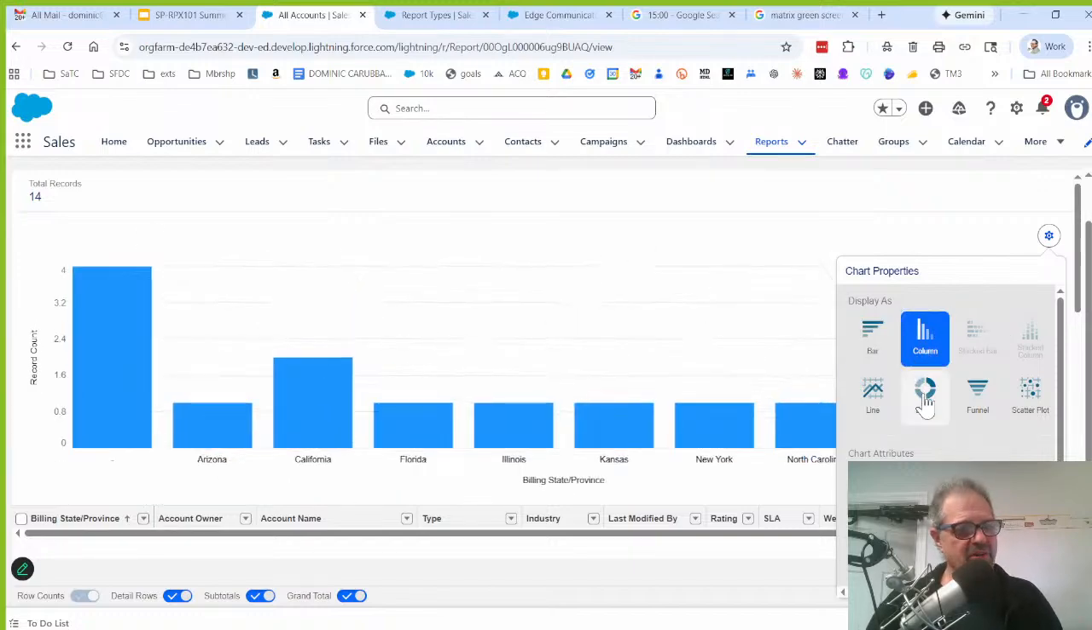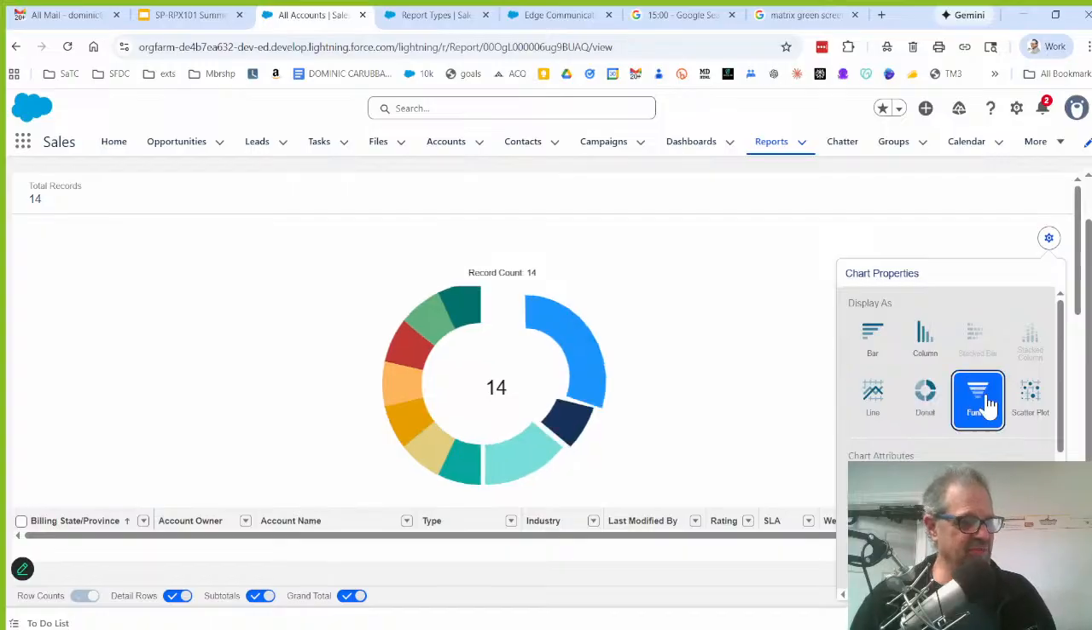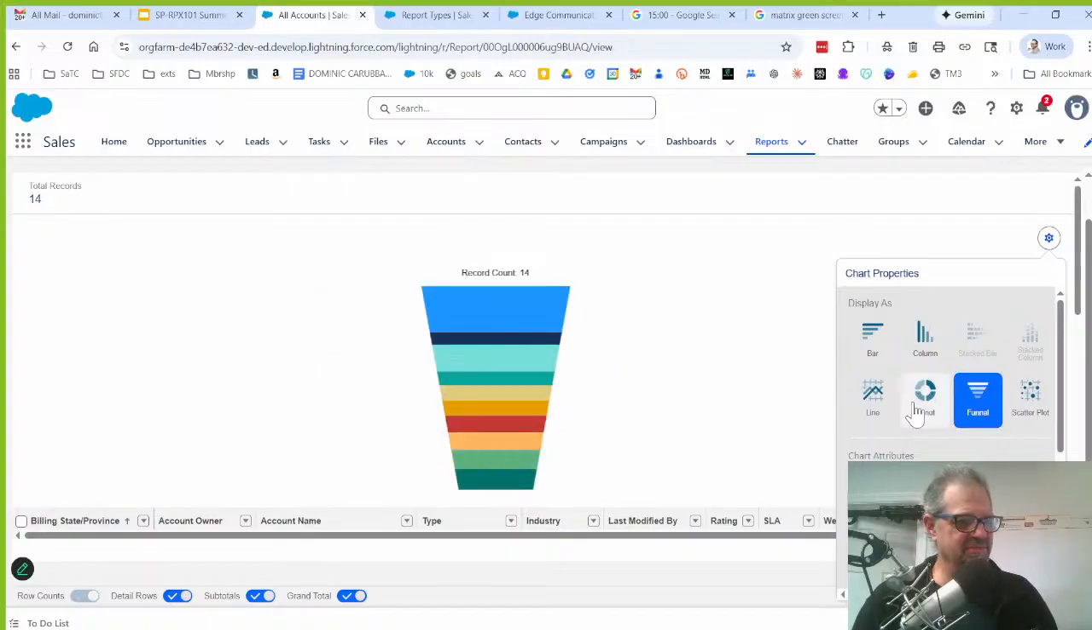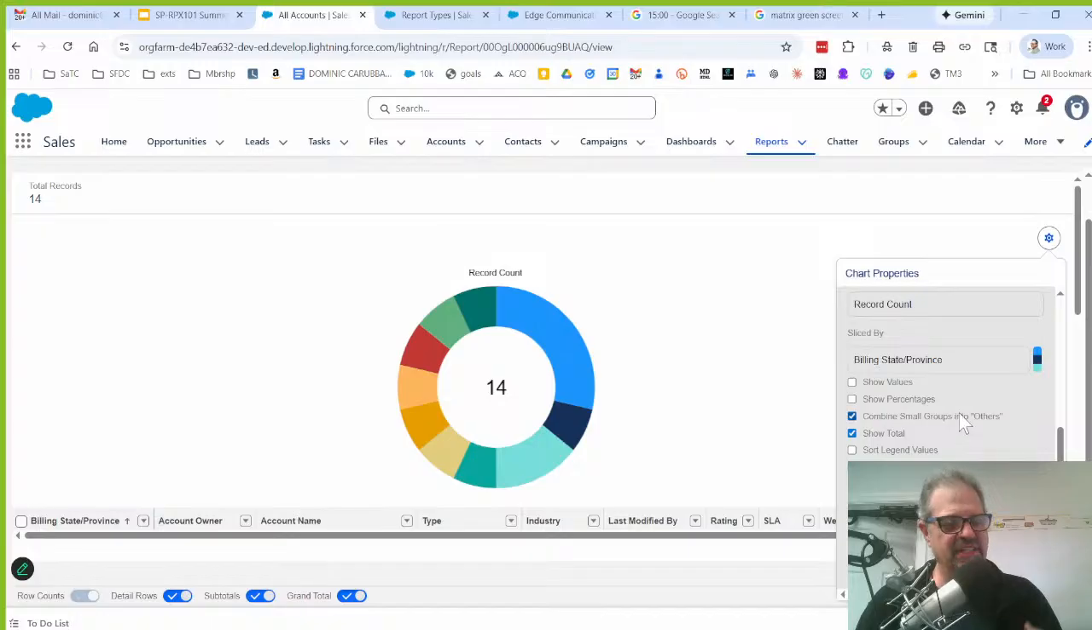By the way, there are no pies in Salesforce, only donuts. That's right. Just for the test, in case you take it. I don't know. This would not make a good funnel, but you could. So these are the display charts, and you could create some of the attributes, and the more,